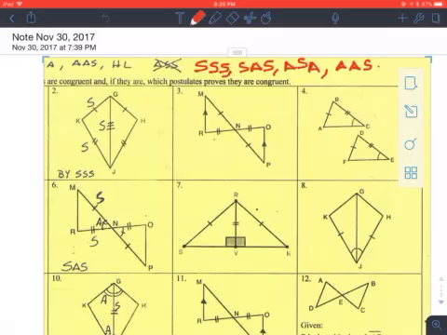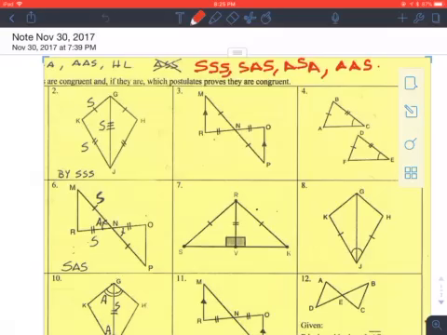So I'm going to run through a couple examples. Make sure you have that yellow sheet out you got last time, and also your packet out, because we're going to do a couple problems out of both. Okay. So I want to remind you that the things we can prove, the theorems or postulates as they're known, that we can use